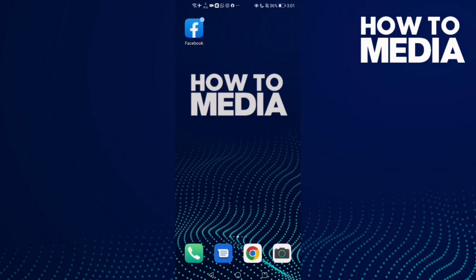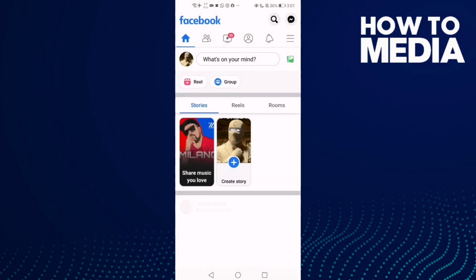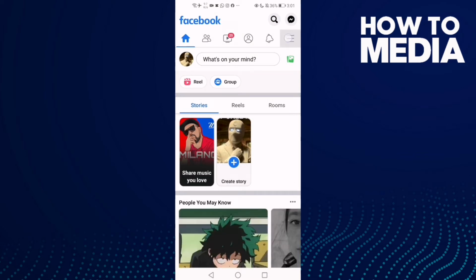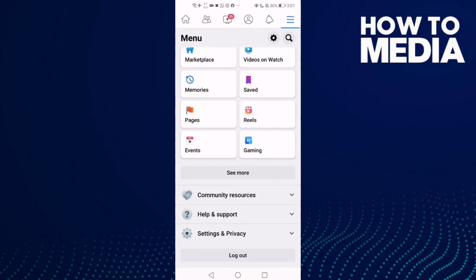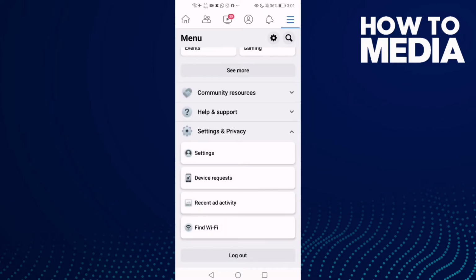First thing you're gonna do is go to Facebook and then click these three lines here in the top corner, and here you will find settings and privacy. Click on it and then click settings